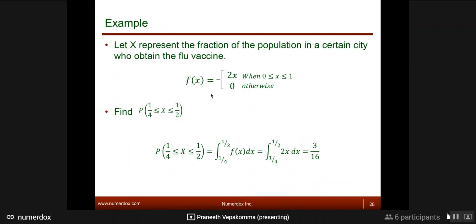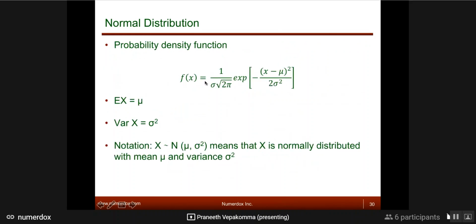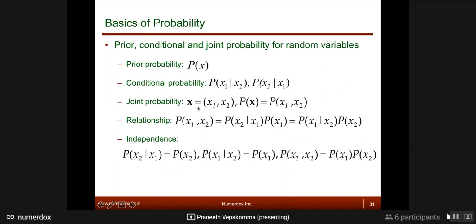So this is another example again, the same thing we've been going over again and again. If you want to measure the probability between an interval, you do the integral. So this is a formula for another distribution. I showed you binomial for a discrete. This is a formula for a continuous distribution where x can take any real number. So this is the probability density function. Again, it will have its own mu and variance. You can always compute it using the formulas I gave you.